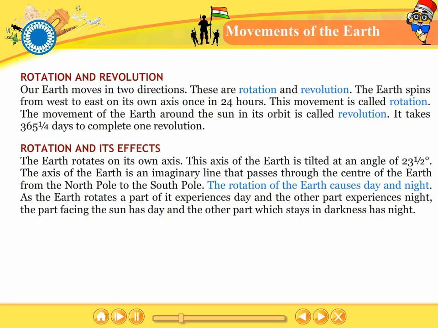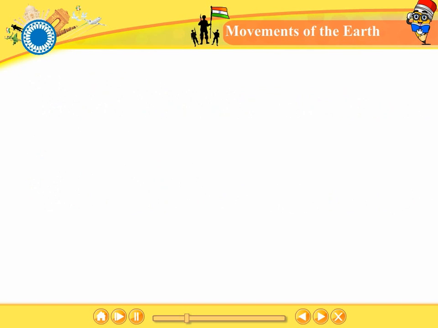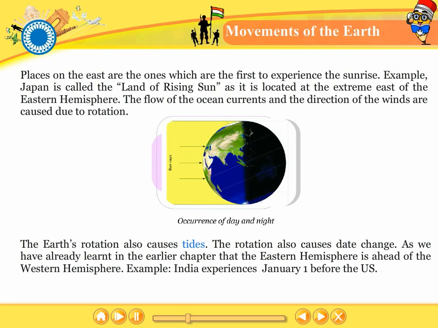As the Earth rotates, a part of it experiences day and the other part experiences night. The part facing the Sun has day and the other part which stays in darkness has night. Places in the east are the first to experience the sunrise. Example, Japan is called the land of the rising sun as it is located at the extreme east of the eastern